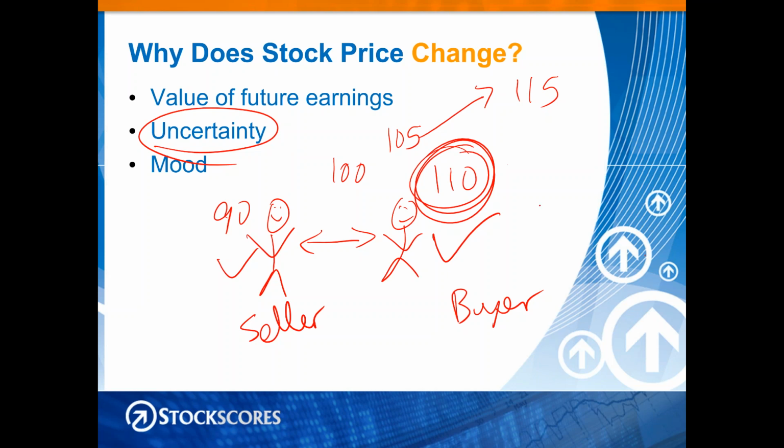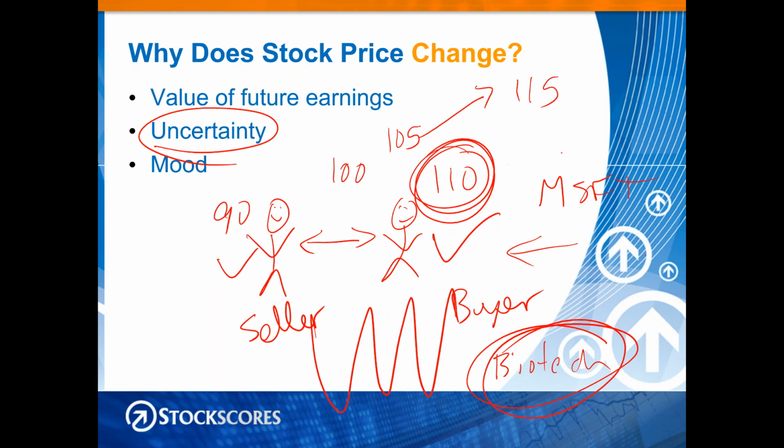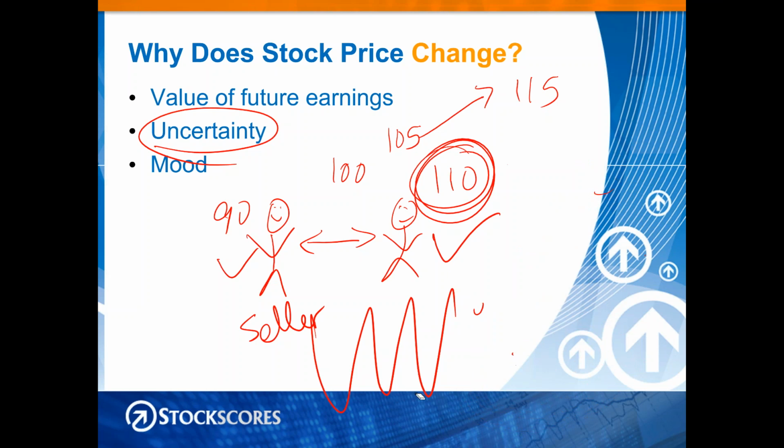Now there is more certainty in Microsoft, MSFT, because it has a history of earnings that we can judge, and they have a known suite of products that we can evaluate. But that little biotech company that's never sold a drug, who's just developing drugs, it's highly uncertain. And so this stock will be much more volatile in price than Microsoft because this little junior biotech company that's trying to develop a new drug to cure cancer has a much more uncertain future than Microsoft does, because Microsoft is well established and has been around for a long time.